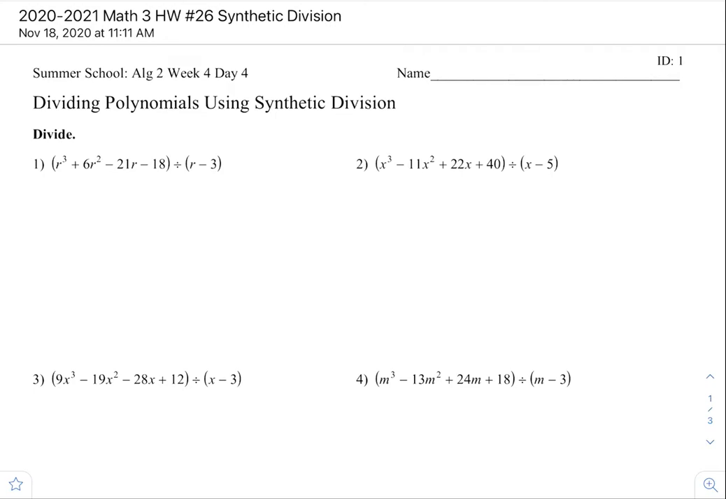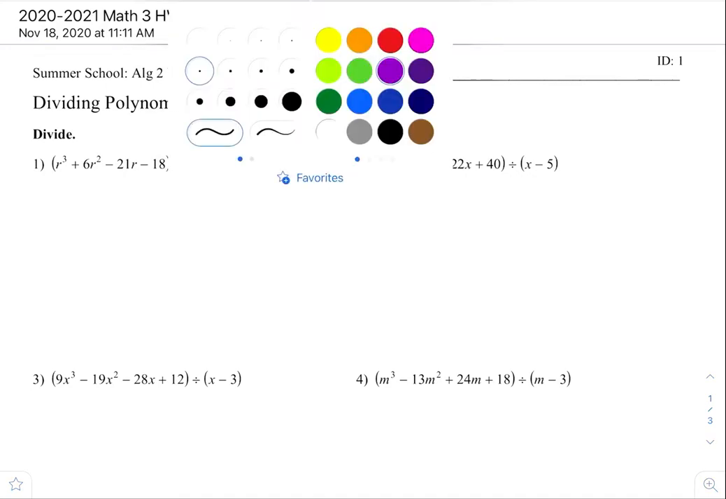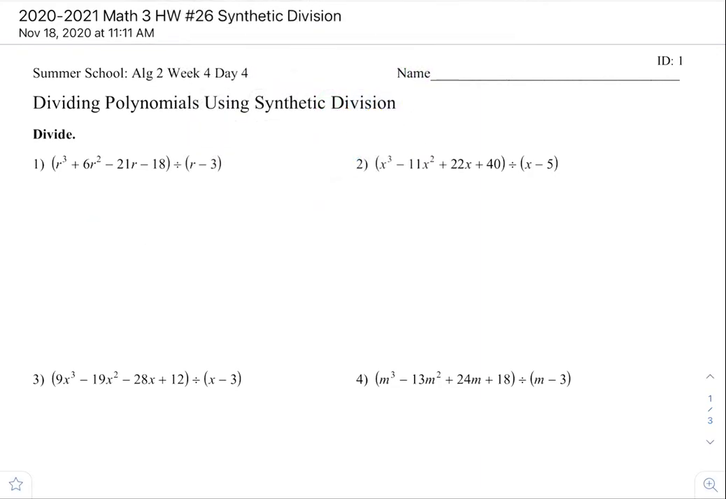Work on dividing polynomials using synthetic division. So remember to always use your notes when you do this as well. So that's a little too thick for me. Okay, so for number 1,